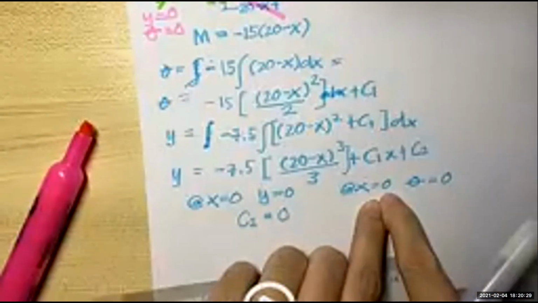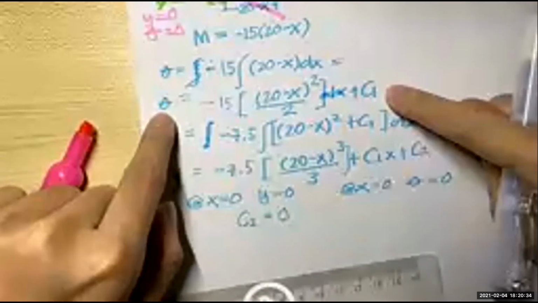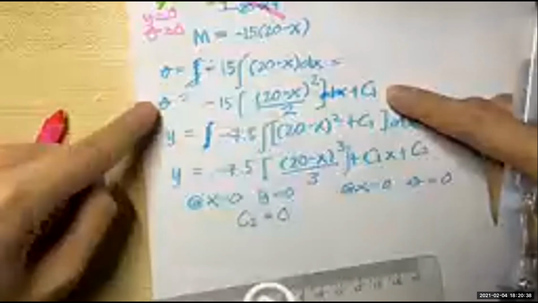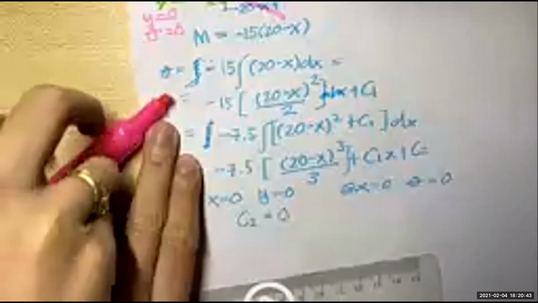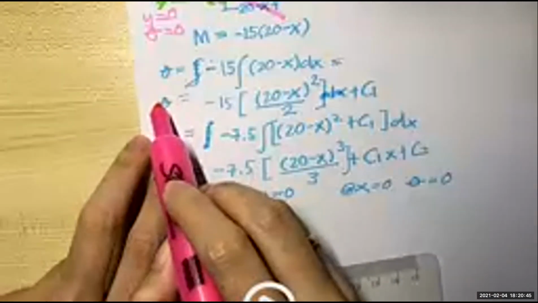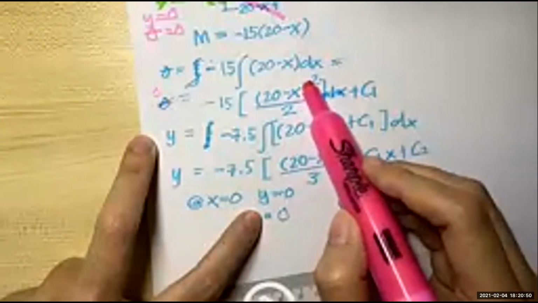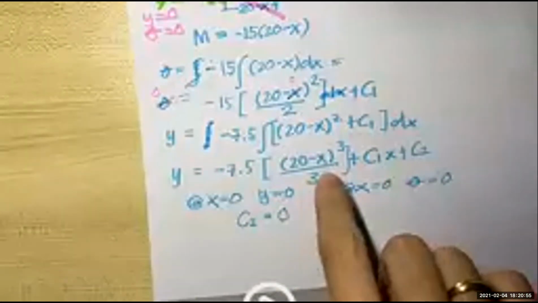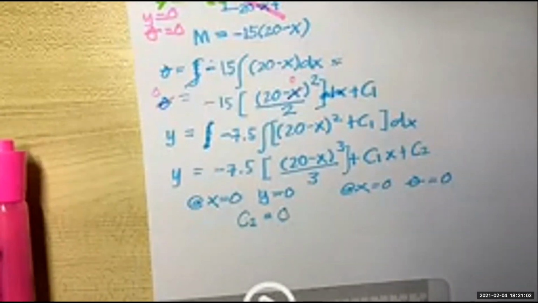Now, at x is equal to 0, y is equal to 0. So, we will use this equation instead. Kasi andito yung slope. Hindi yung y. Ang gagamitin natin is, since this is slope, ito yung gagamitin natin. So, substitute nyo na. So, dito ko na susulat na. So, magiging tong 0. Tapos, yung x, gagawin yung 0 din. Tapos, C1. So, therefore, anong lalabas na sagot? C1 is equal to